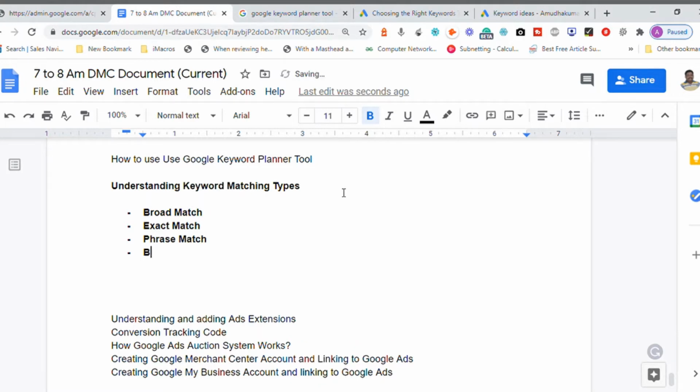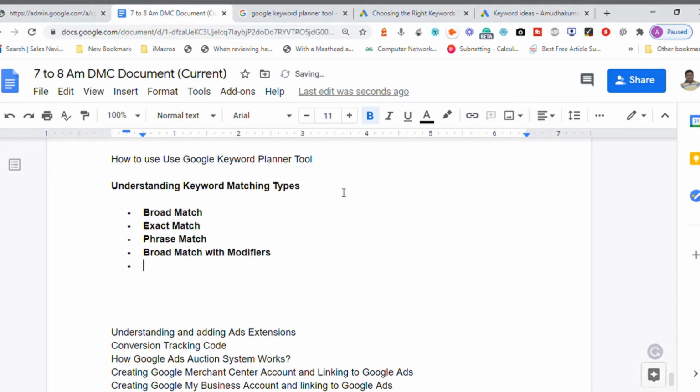Then we have something called broad match with modifiers, and we have something called negative keywords. We use all these types of keywords to define our ad group.